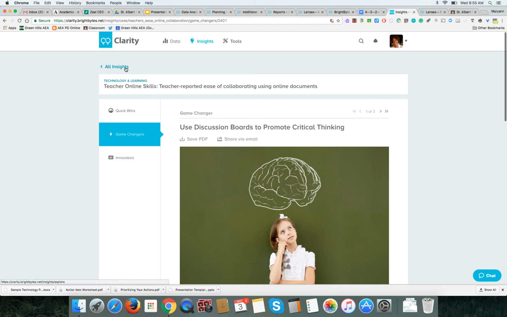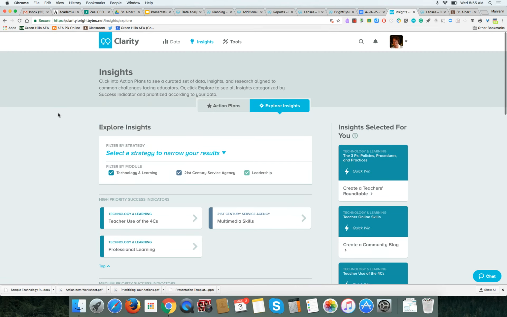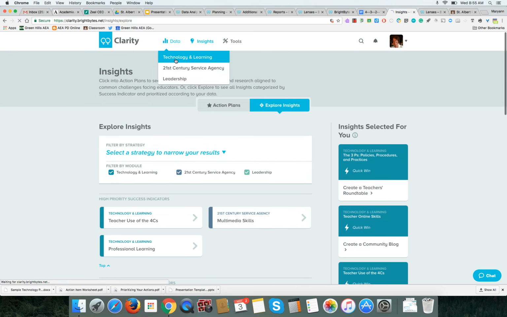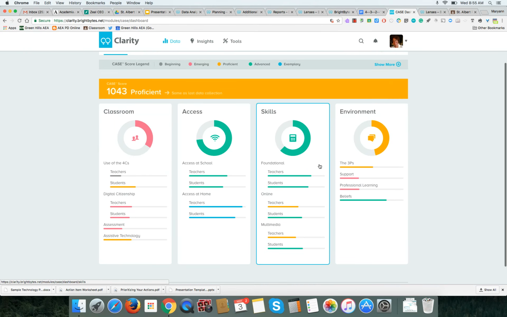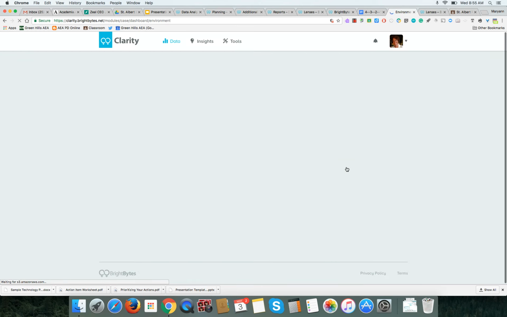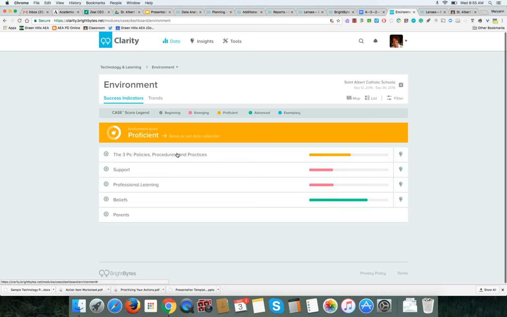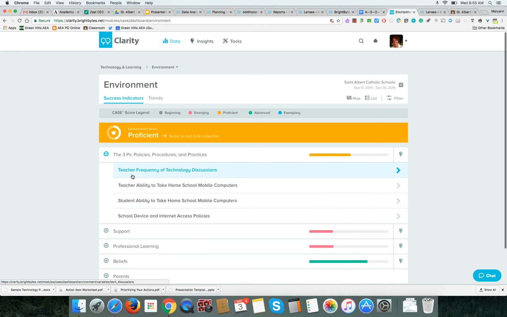So now if I go back, and I'm going to go back to my technology and learning. And if I look at environment, I'm going to look at the 3 Ps. I know what 2 of them are. I always forget the third one. Policies, procedures, and practices. So if I look at those, and teacher frequency of technology discussions, teacher ability to take